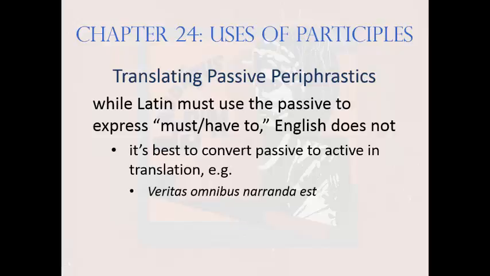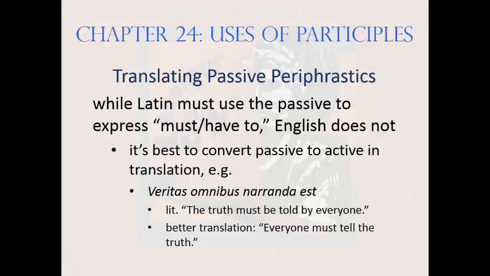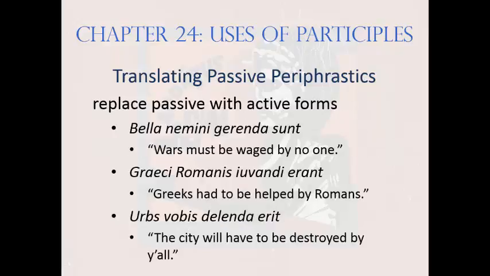Take, for example, this sentence. Veritas omnibus narranda est. Literally, this means, the truth must be told by everyone. But better English allows, indeed demands, the active equivalent. Everyone must tell the truth. Going back to our previous sentences,